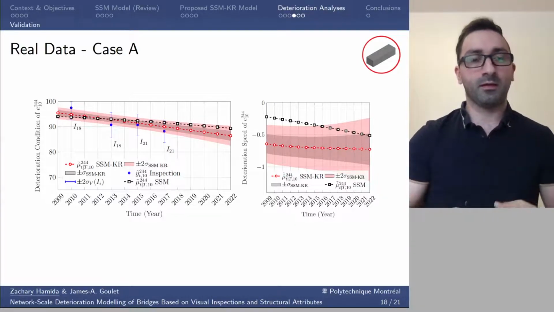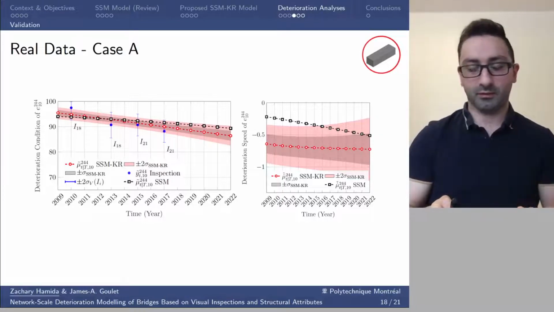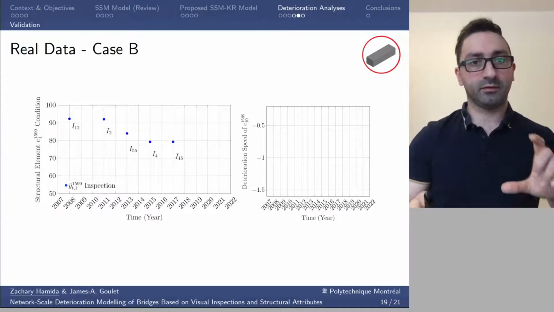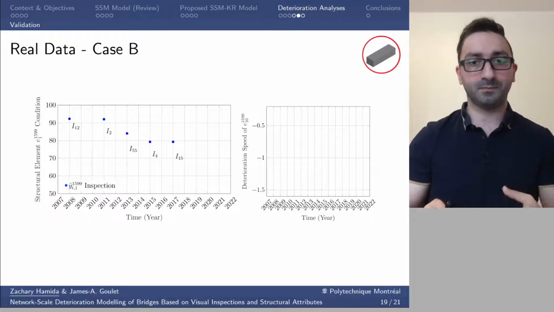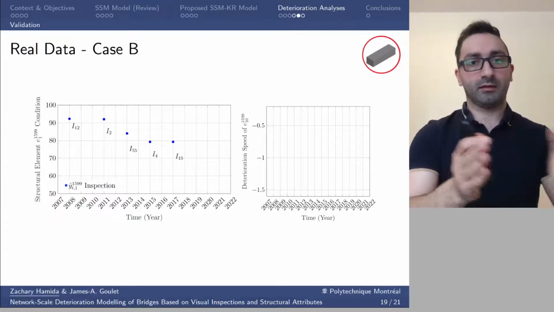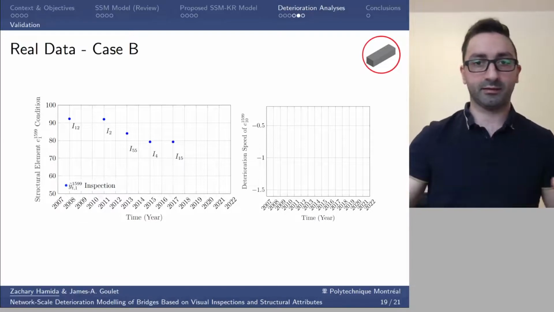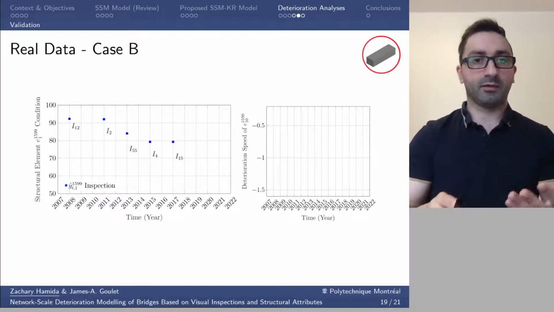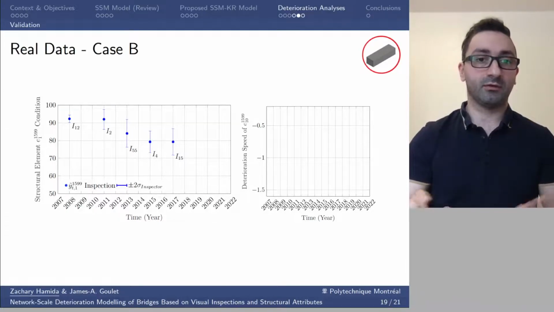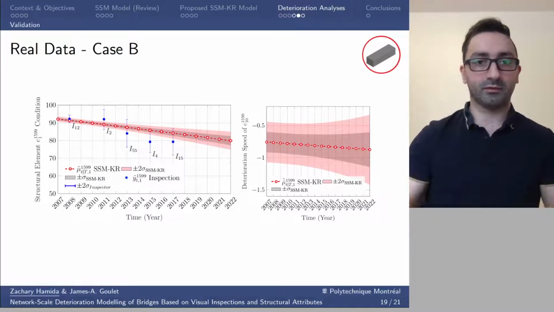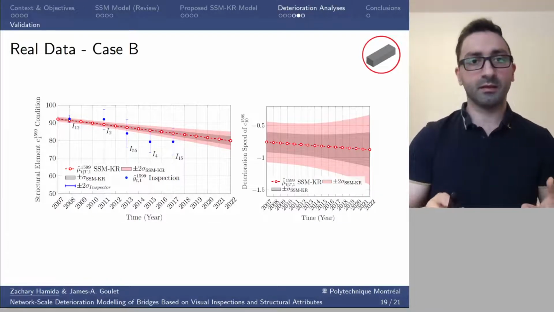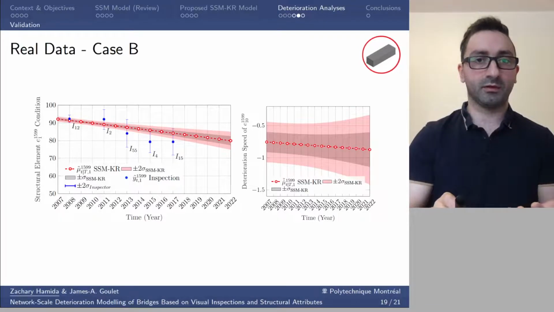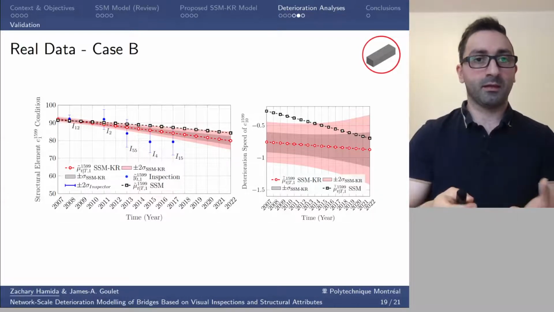Now this is for one case of a structural element in the real case. Let's have a look at another case. Again, here we have a kind of jump over time between 2011 and 2015. This is again the condition on the left and the speed on the right. The x-axis is the timeline. If we plot the vertical lines, the uncertainty for each inspector is represented by the blue vertical lines, and the model estimate is shown by the red dashed line with the confidence interval for the condition and for the speed. And again, if we want to see the SSM model performance, we see that in this case